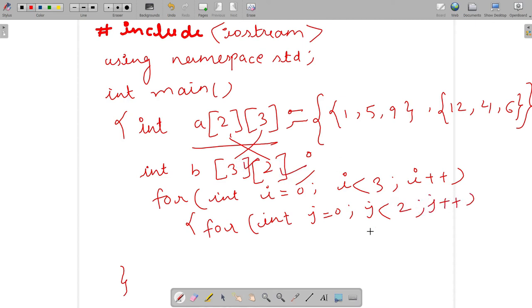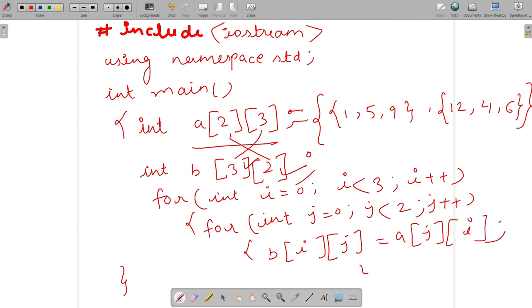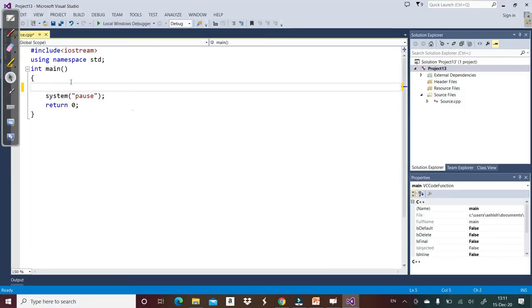And what we are going to do, we are going to write B[i][j] equals A[j][i]. So this gives us the transpose of a matrix. So let's check it on Visual Studio to see how this program works, and then we will move to another operation of a matrix. So let's declare a matrix A, and let's say A has 3 rows and 2 columns. So we have to find the transpose of A.